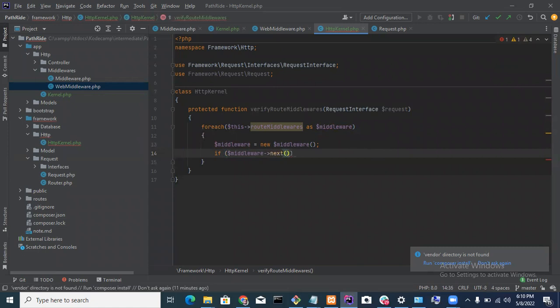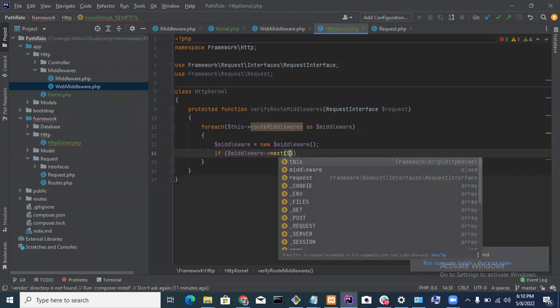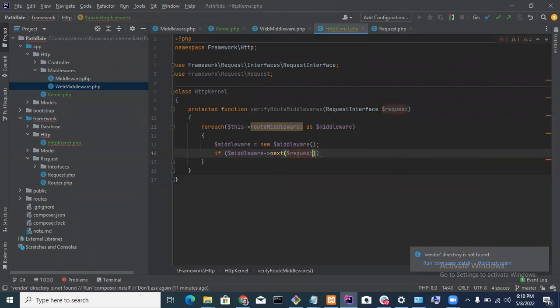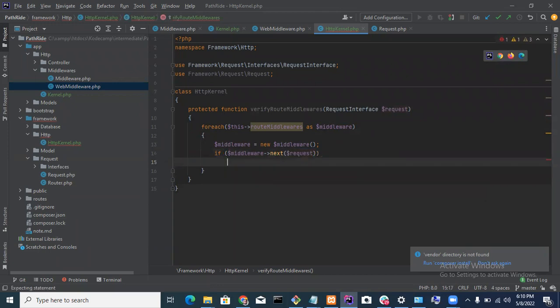So remember, we were accepting the request. So if middleware, or probably, all we're just going to do is not much. Because it's going to.